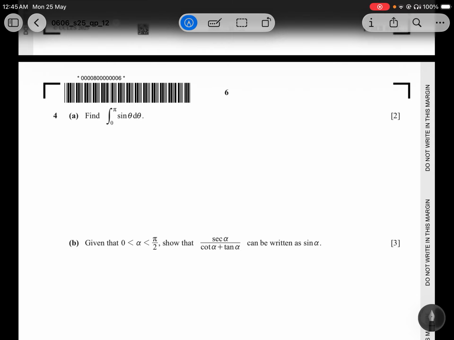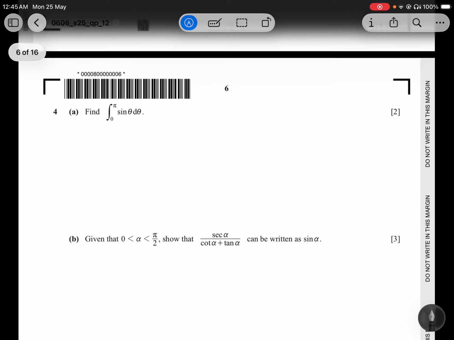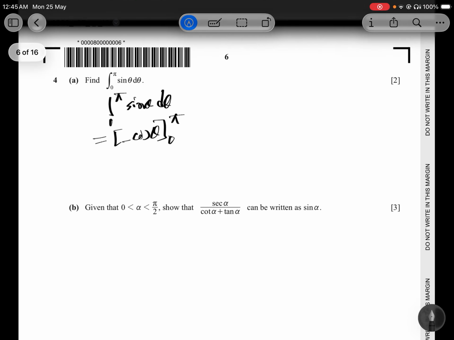Integral from 0 to pi of sine theta. Nice. Okay, the integration of 0 to pi sine theta d theta, bonus marks. Integral of sine theta is minus cos of theta, from 0 to pi. Okay, minus cos of pi,